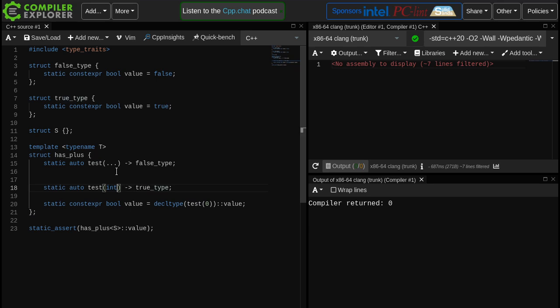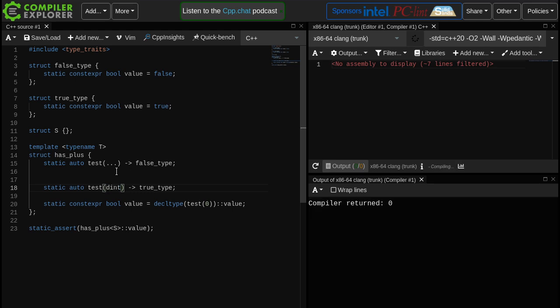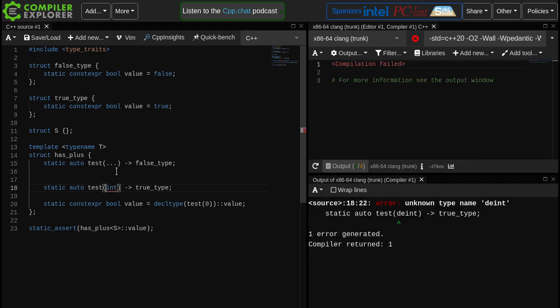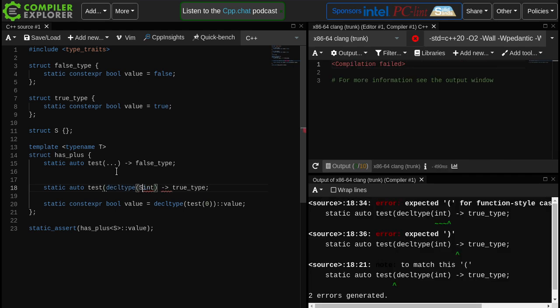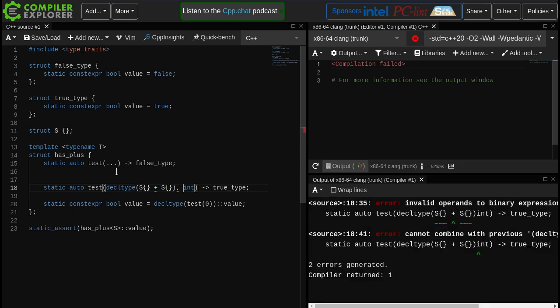So for instance, we could do that in this argument, I suppose. So yeah, let's say decltype of s, two instances of s together, and then we abuse the